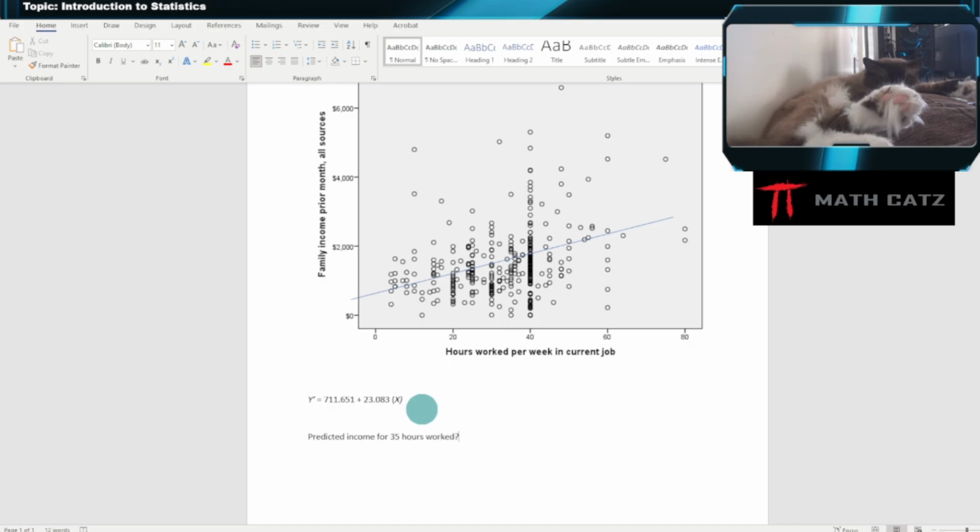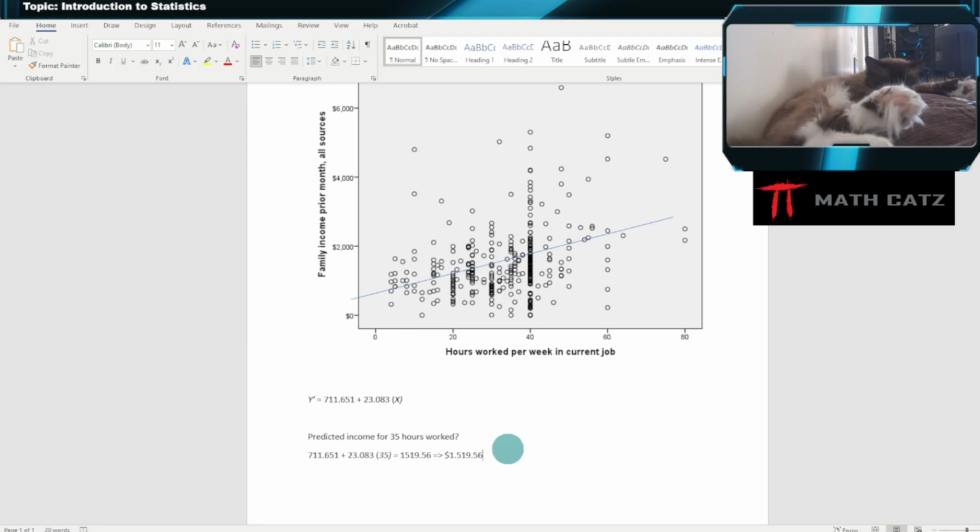We can ask that. And then it's as simple as plugging this into my x variable. We would put 35 in there, do the multiplication, and you can use any calculator to verify that we're going to get 1,519.56, and that will be my dollar amount